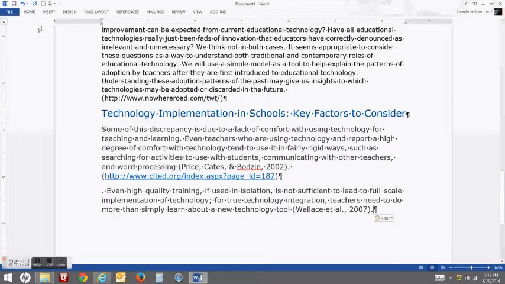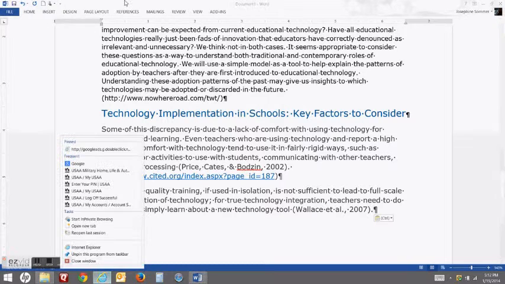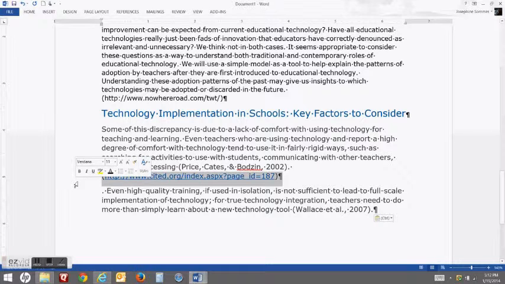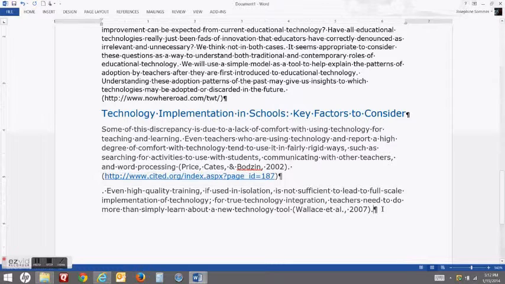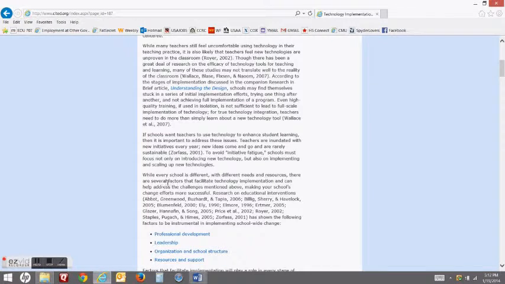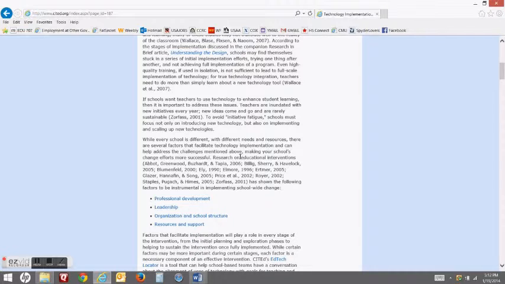So I'll go ahead and copy and paste that, and I'll go back to this, or go ahead and do the site, copy and paste again. Okay, and let me see what else is on the site.